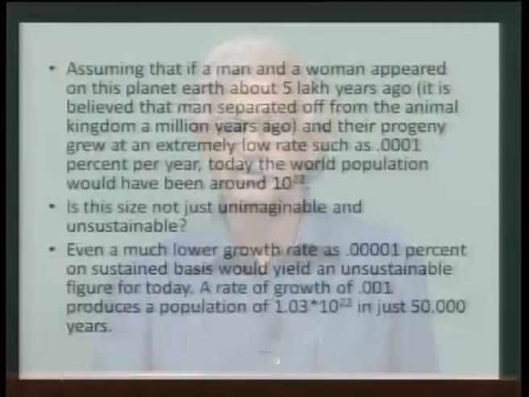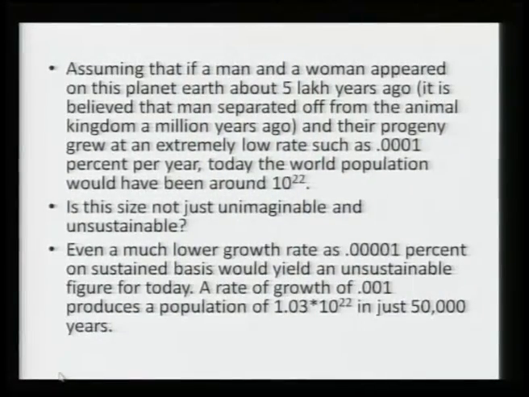Now, going by calculations, assume that a man and a woman appeared on this planet Earth about 5 lakh years ago. It is believed that man separated off from the animal kingdom a million years ago, and their progeny grew at an extremely low rate such as 0.0001. I calculated what would happen if I assume that 2 persons appeared on this planet Earth 5 lakh years ago, and they grow at a very, very small rate of growth like